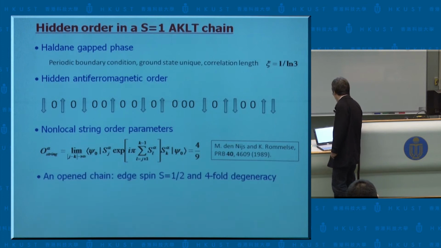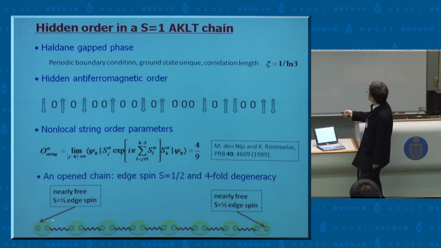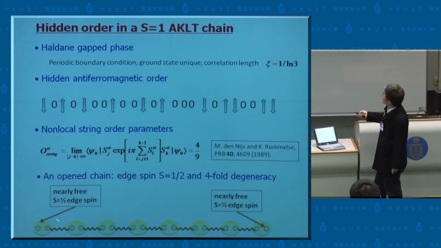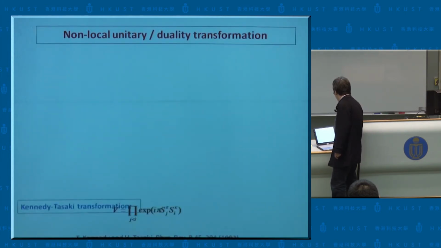And also, if you have an open boundary chain, at the ends of the chain there are two nearly free spin 1/2 edge spins. And this is the main feature of the AKLT state. Moreover,